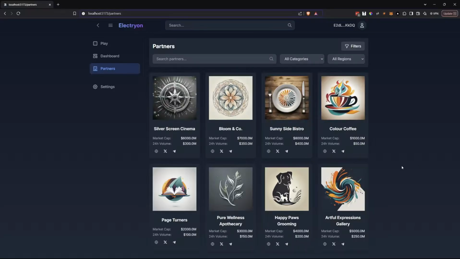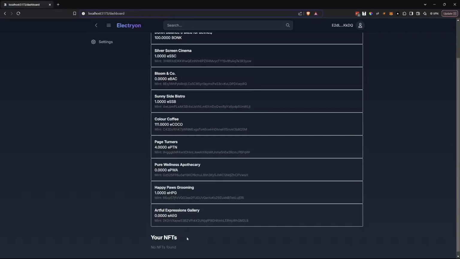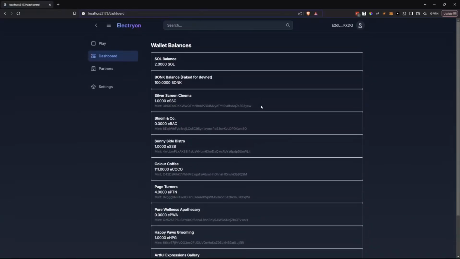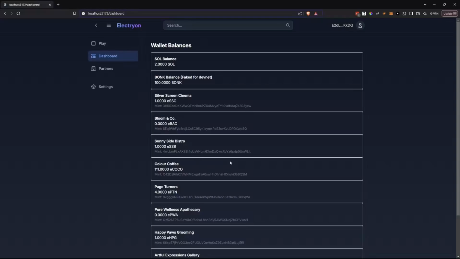and we allow the user to play and obtain tokens by investing in these businesses. So each of these businesses will have their own token. On the dashboard is a basic user interface of how many tokens this account has, and as you can see, it's got a couple because I've used this for testing before. And then if you go to play,